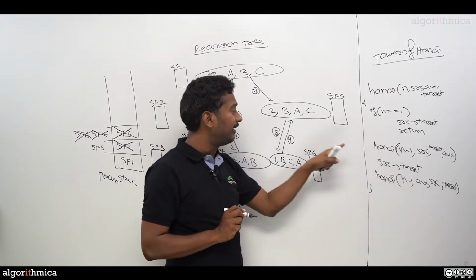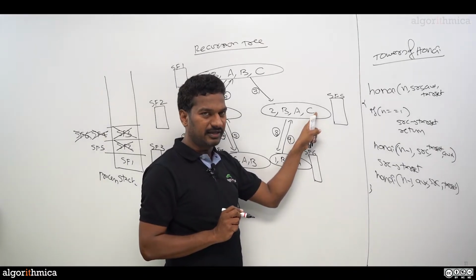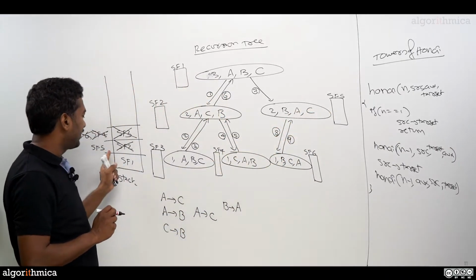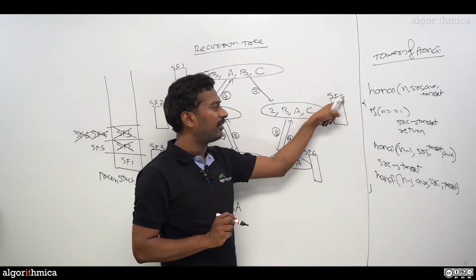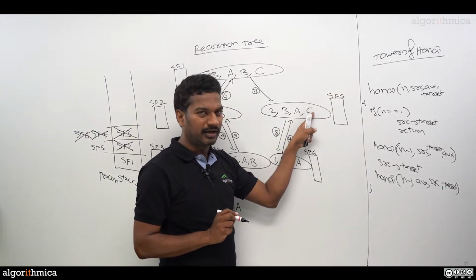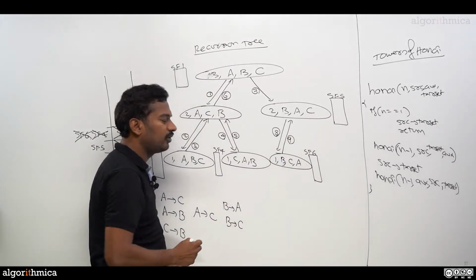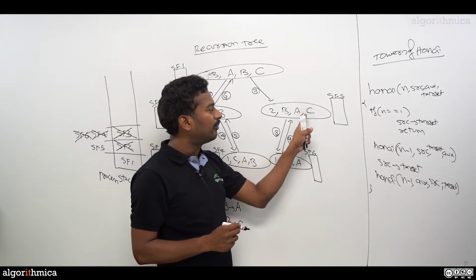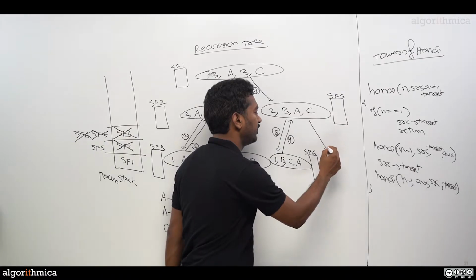SRs to target again. So B to C, here SRs is B, target is C, and on top of stack SF5 is available. Any variable I am referring to will be from SF5 only. SRs to target is B to C, from B to A, then again we see B to C. After that move is finished, then again the Hanoi call is available. Let's make one more call here.